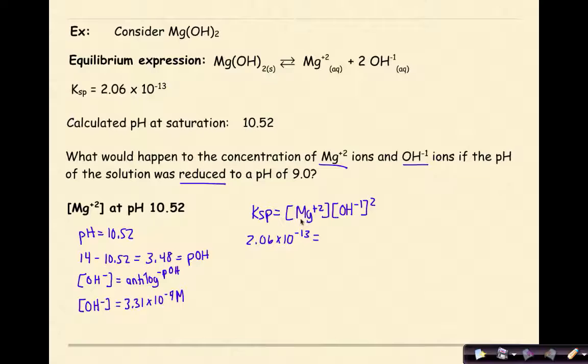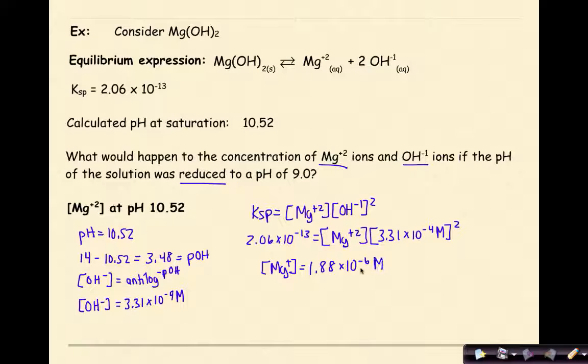I'm solving for my magnesium ion concentration, Mg plus 2, and I have a hydroxide ion concentration, which is 3.31 times 10 to the negative 4 molar squared. So if I solve for my magnesium ion concentration, I find that that is 1.88 times 10 to the negative